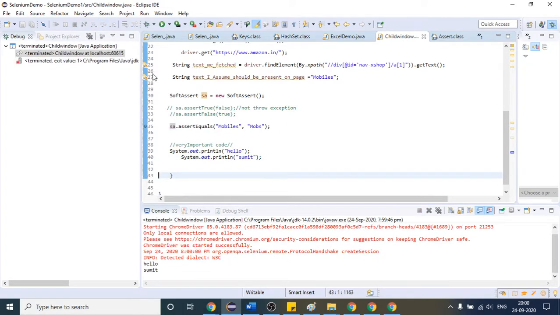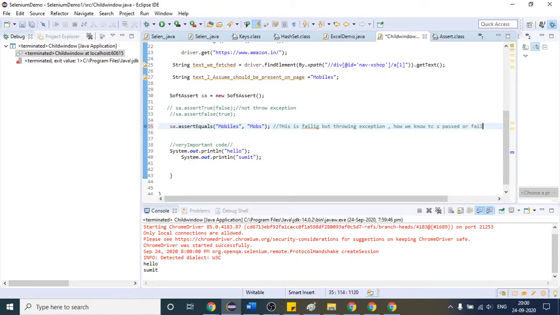That is fine. But you might be wondering that if this condition fails, this is failing, right? We can see with our eyes that this is failing, but it is not throwing the exception. So how will we know? How do we know that our test case passed or failed?